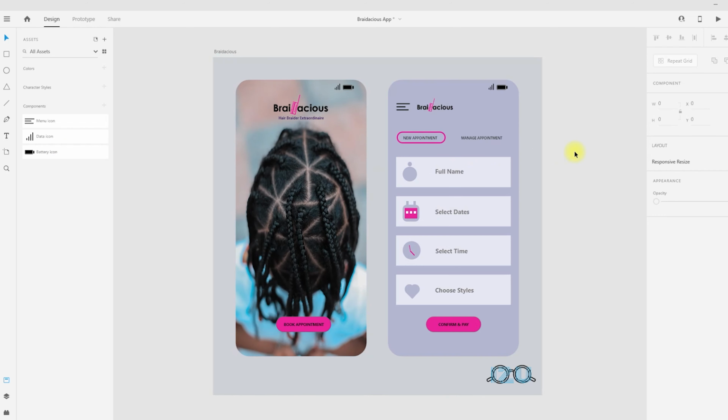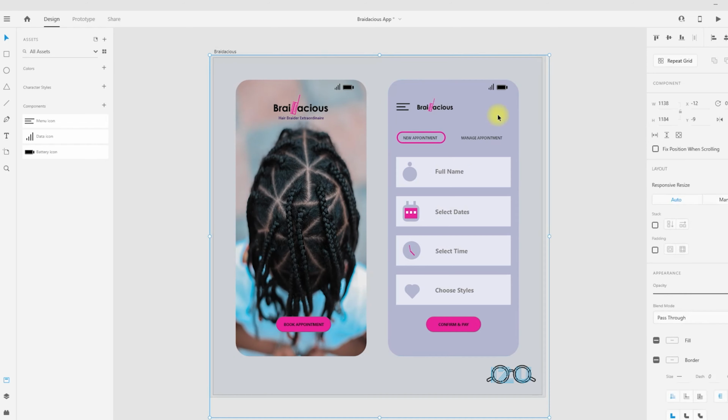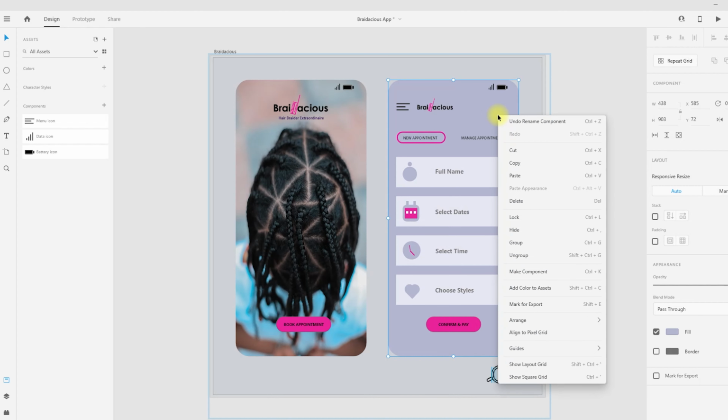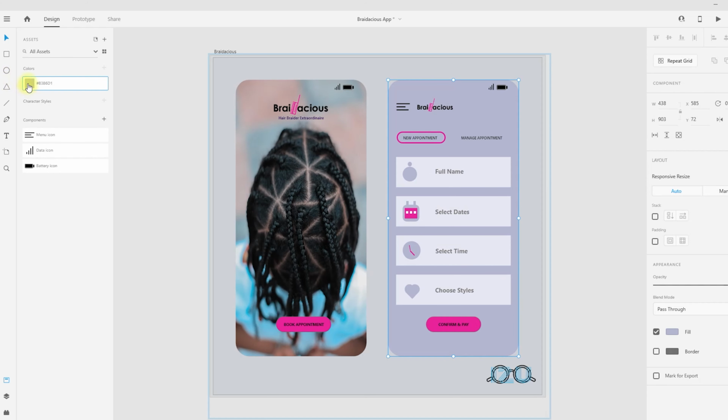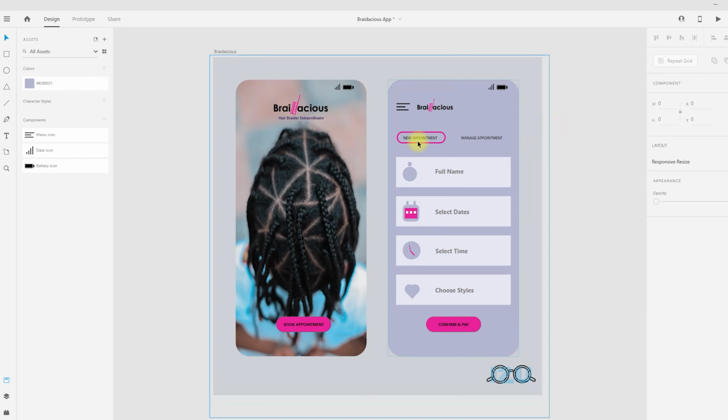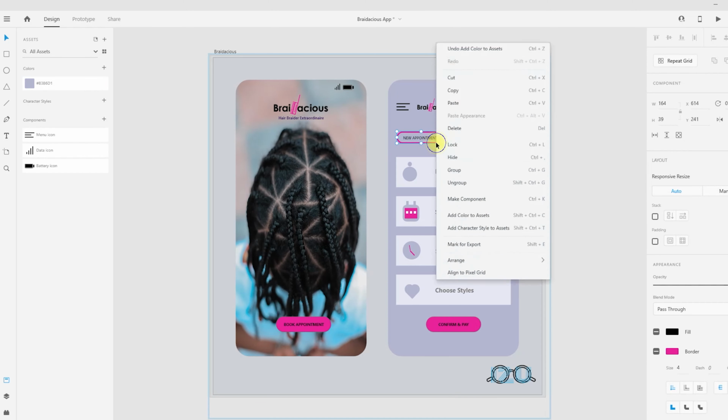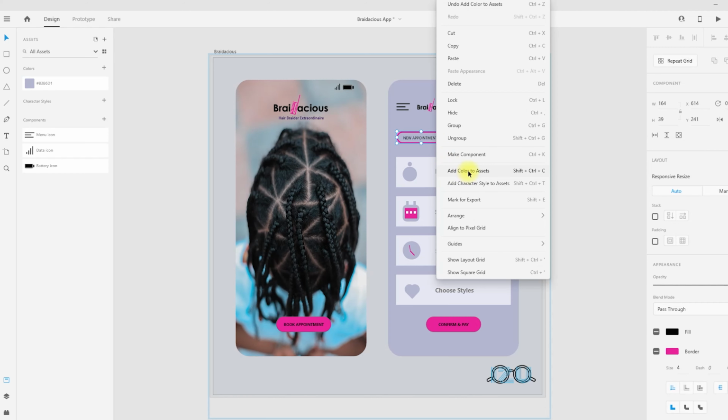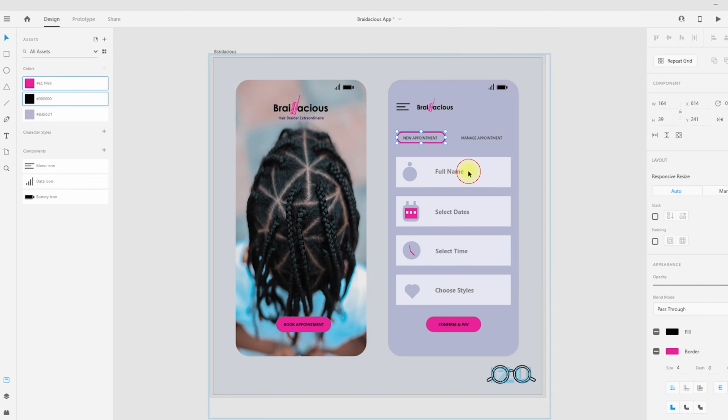Let me go ahead and save colors. So here, to save a color, you right click. Instead of clicking on make component, you have to click add color to assets. So I'm going to click on this one. That's added this color here. And then if I want to add this color, I'll right click again and I will click on add color to assets. So here it was able to find 2 colors, the pink and the black, which I use in the character. So here we've saved